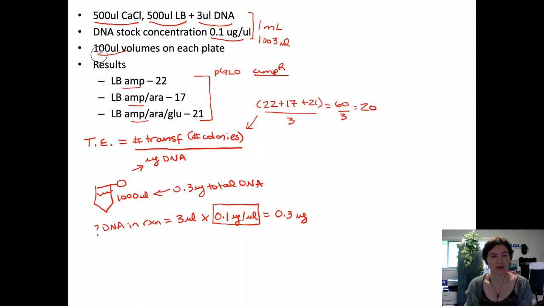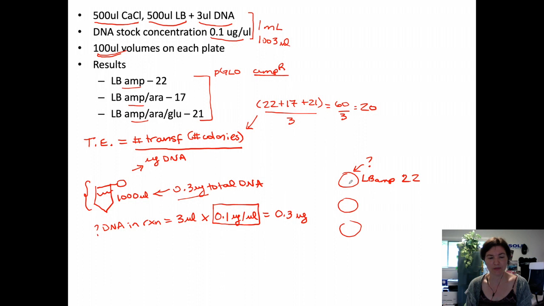Now this next part tells you how much of this tube right here was actually put onto each of the 3 plates. 100 microliters. So we didn't dump this whole tube on this plate right here to get, if this was the LB amp, which gave us 17 or 22 colonies, we didn't dump this whole tube on here. So we know that we didn't put 0.3 micrograms of DNA on this plate. How much went on here? We have to know what fraction of this